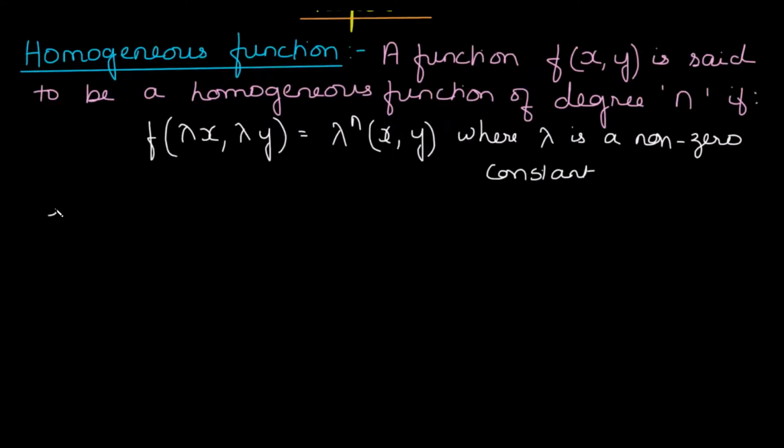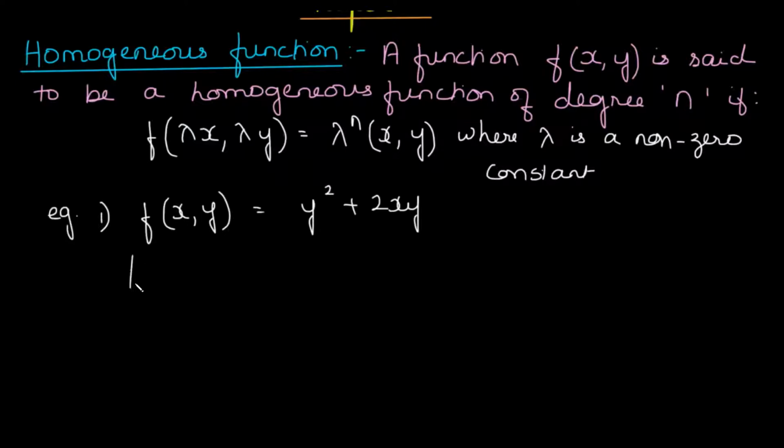For example, let me give you several examples over here. For the first case, suppose we have a function in x and y called f(x,y). Now, remember, f can be g or h or p or anything. You can use any letter over here. It does not make any difference. So, f(x,y) is a function such that we have y square plus 2xy. Now, let us see if this particular function obeys this rule. That is, if we take λx, λy, can we convert it into this particular form?